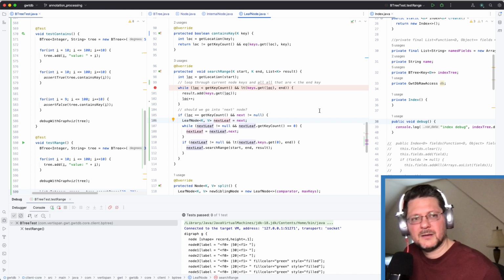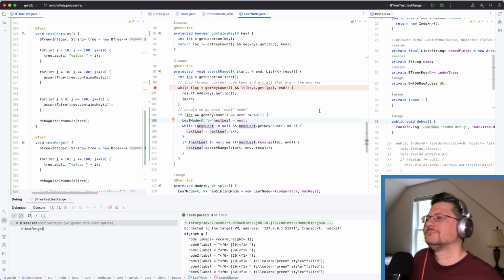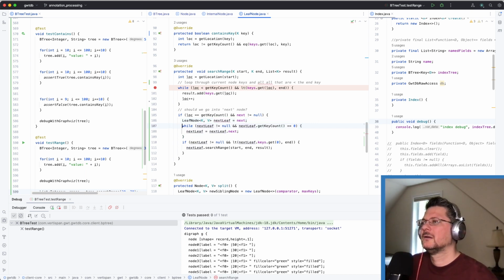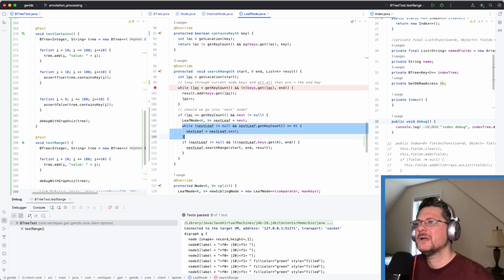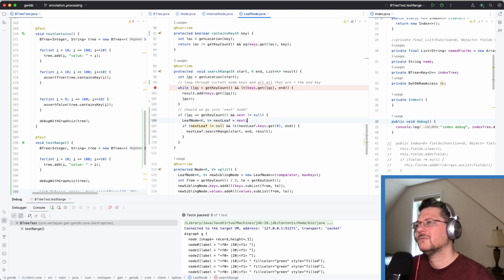That seems kind of weird, right? I don't think I need to do that. That seems really weird. I wonder why that little bit of code was there. I'm going to remove that. So if the next leaf is not null, which we already know it's not null,